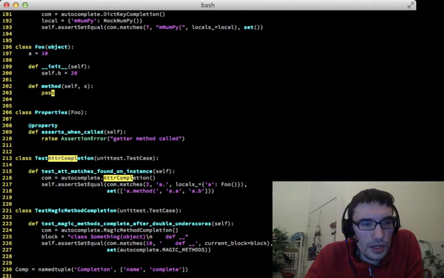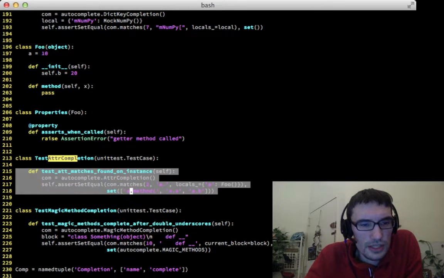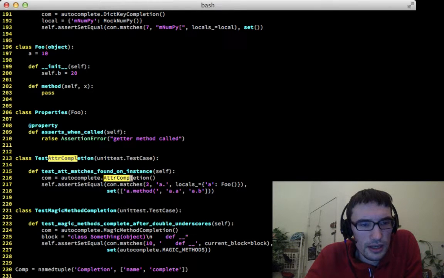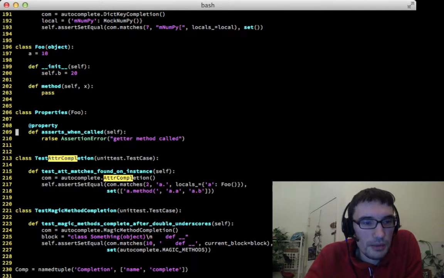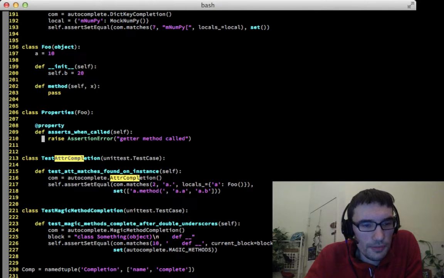So we ought to recreate this. This is a good test though, so I'm going to keep that and then make another one. Looks like I was already in the middle of this. We were trying to make a property that asserts when called. Oh, right, because we were using this for the other thing. So now we're going to say